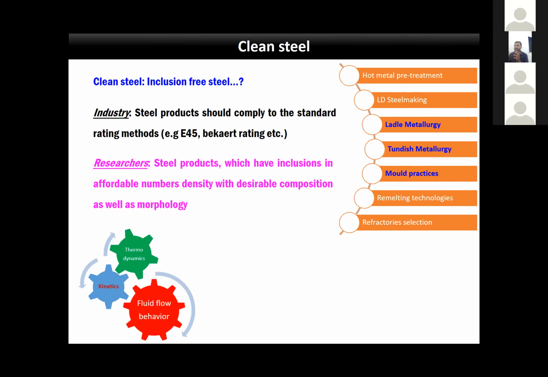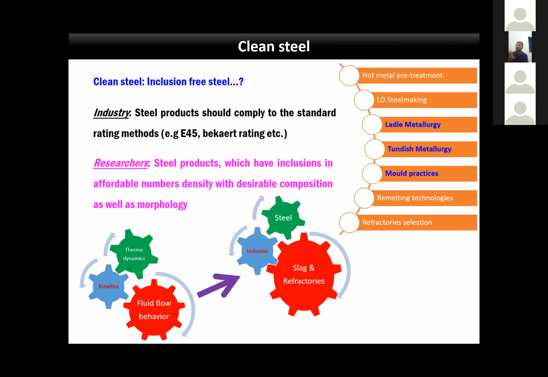Okay. Now how it is basically affected, you can see there is a fluid flow. You are having purging in the ladle, so you are basically encouraging the non-metallic inclusions to float out. Because the non-metallic inclusions are lesser in density, they tend to float. So the fluid flow assists its flotation, which is driven by the kinetics and by the thermodynamic aspect, because there are chemical reactions between the non-metallic inclusions and the refractory or the solute elements in the liquid steel, or even with the slag. There are several reactions. So the thermodynamics and the kinetics govern all these things along with the fluid flow.